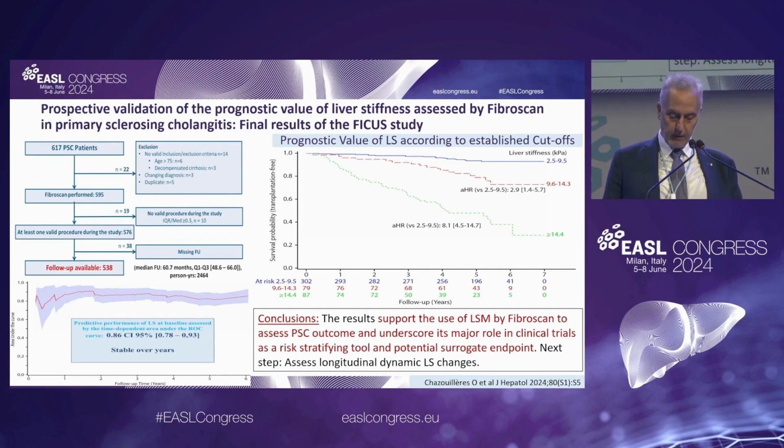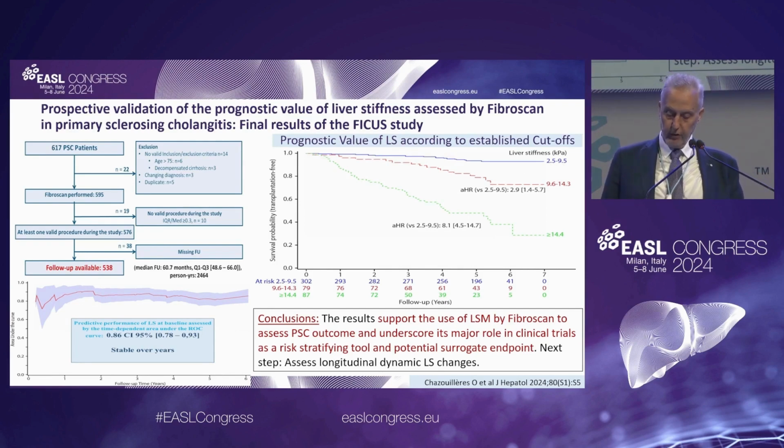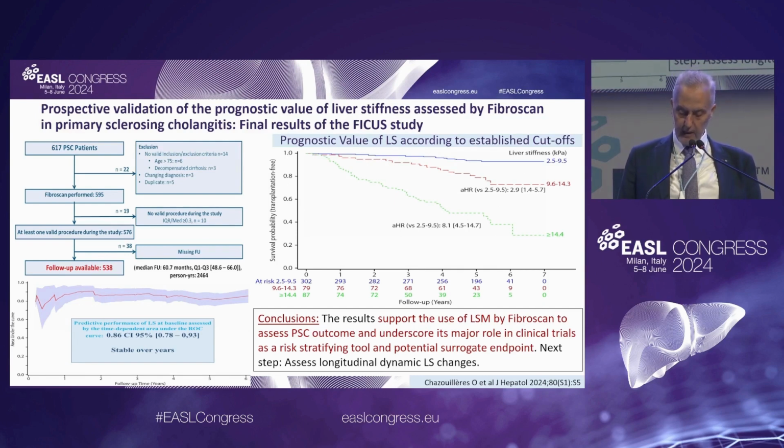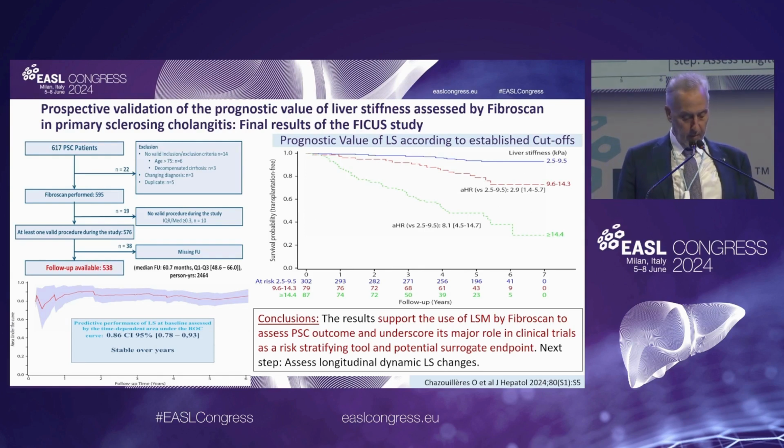As you see in the right part of the slide, according to previously established cutoffs, patients with liver stiffness up to 9.5 kilopascal had excellent survival probability, while those with 14.4 or more had the worst survival probability. But most importantly, the predictive performance of liver stiffness at baseline was stable over the years,